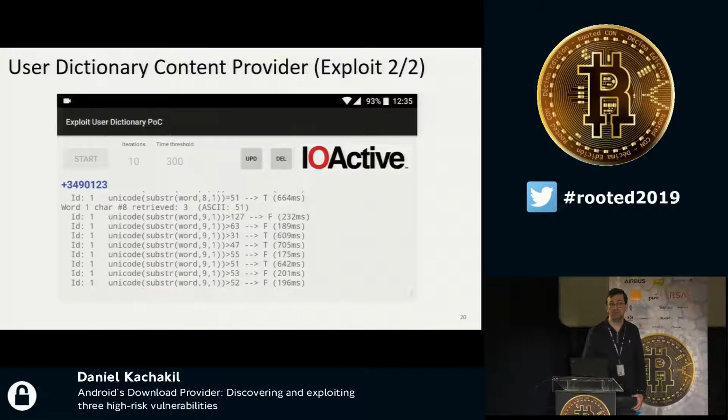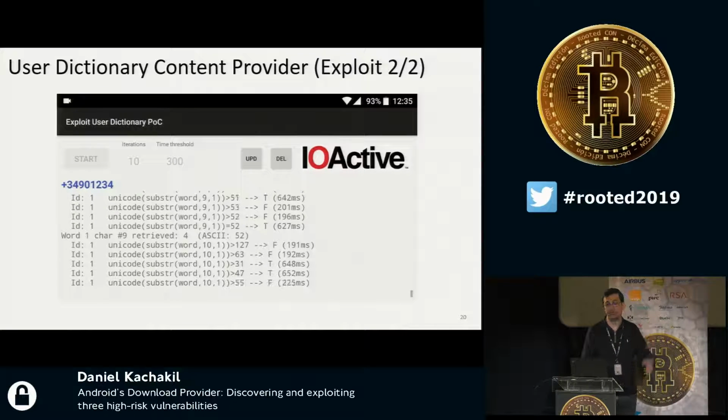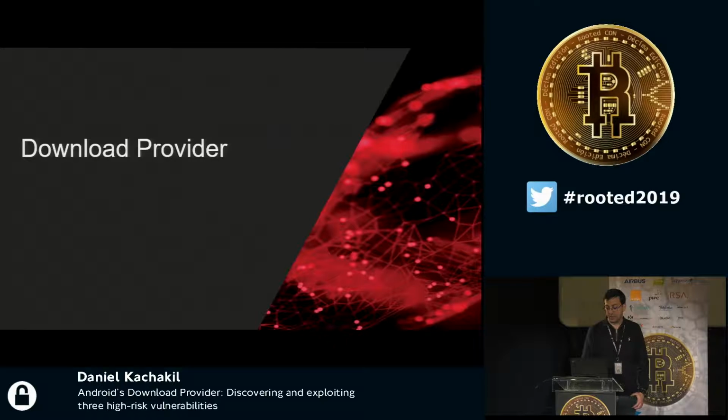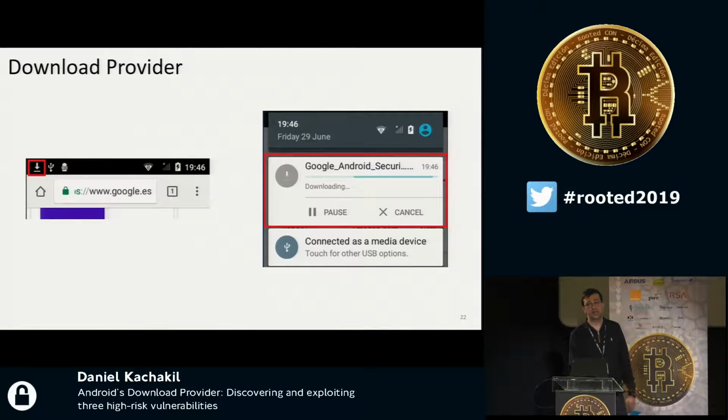That was reported to Google and they said, yes, it's a vulnerability, or a failure, they corrected it, and that was it. That was the end of the story. And because I'm not here to tell you about that content provider, but the download provider, let us go for it now. Those of you who had an Android with a mobile phone or a tablet, anything that you do is being pointed out by this arrow,